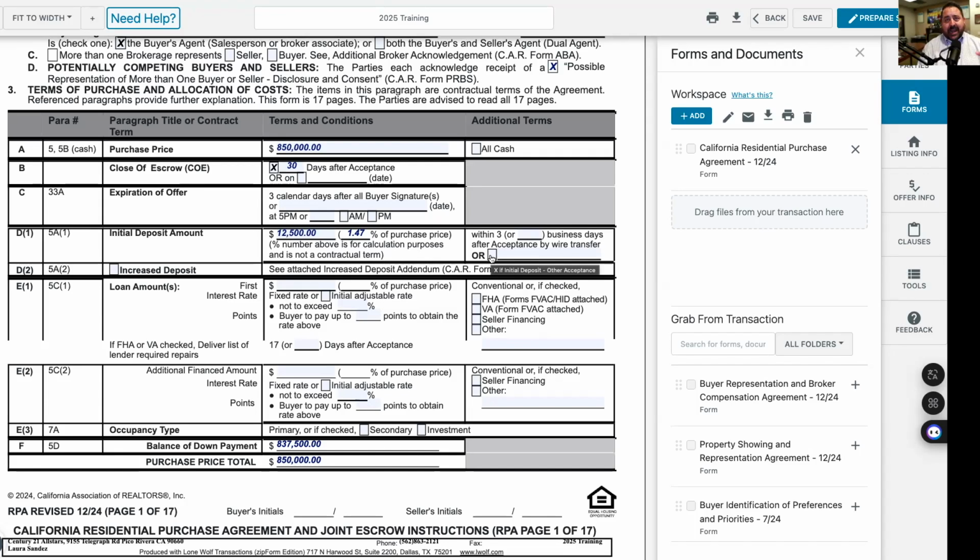If I don't check that box that says cashier's check, and my buyer tries to go to escrow with the cashier's check, escrow is not going to accept it. And we're going to have to go back to the bank and do the wire transfer anyway. So if I were you,